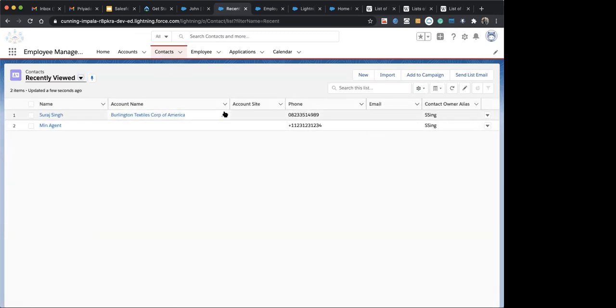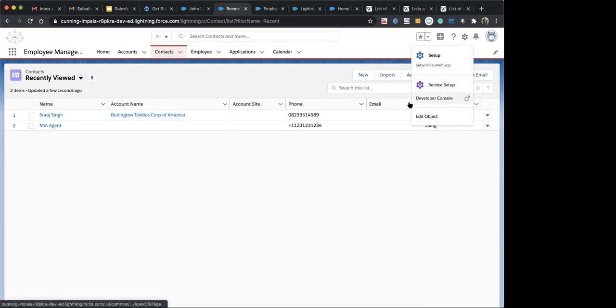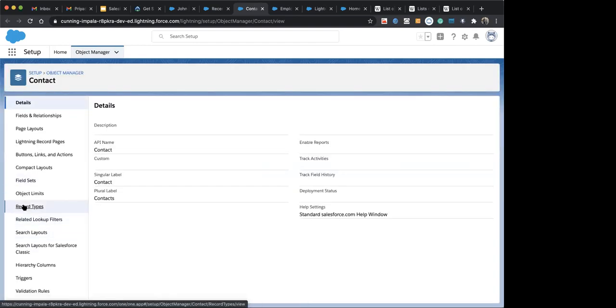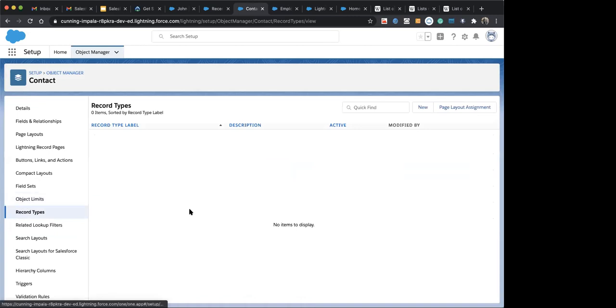Let's check how we create the record type. Here we just have to go to the edit object. There is no record type available here.